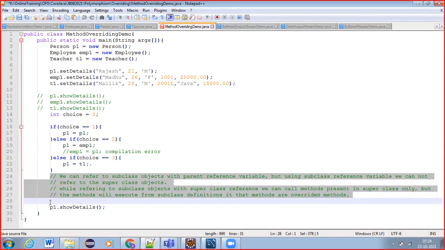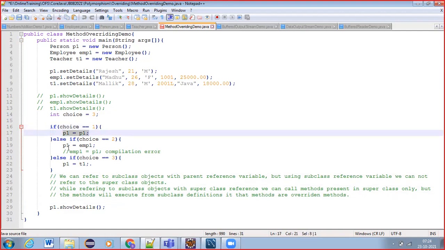It is allowed to refer to a subclass object from a superclass reference like this. See here what we are doing: p1 equal to p1 is the same class object reference, but p1 equal to emp1 means a subclass object reference you are placing into p1, or p1 equal to t1, a subclass object teacher you are storing into the parent class reference.